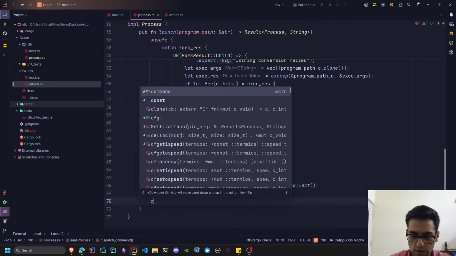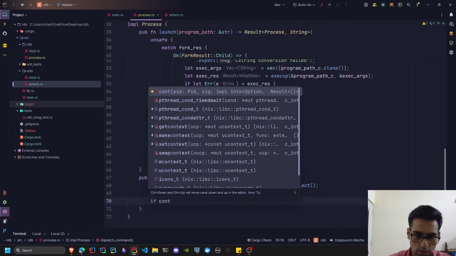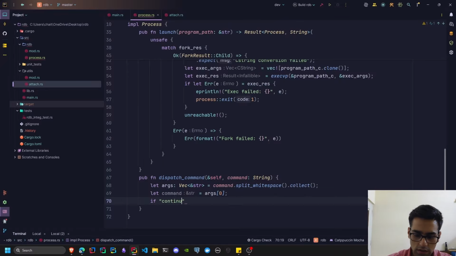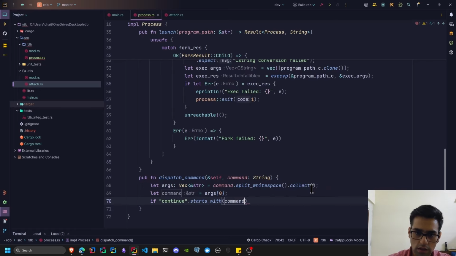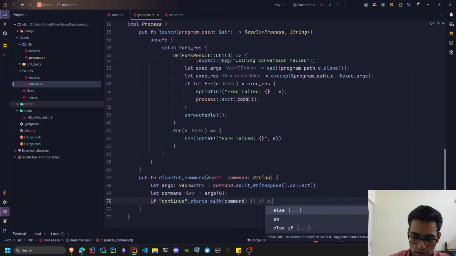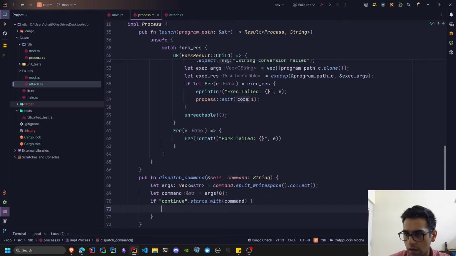Just C works fine. It interprets C as continue. So the command may actually be a prefix of continue, not necessarily be continue itself. So if continue starts with the command, in that case we received something like C or cont or conti, something like that. It's not necessarily the complete continue. In that case, what we will do is